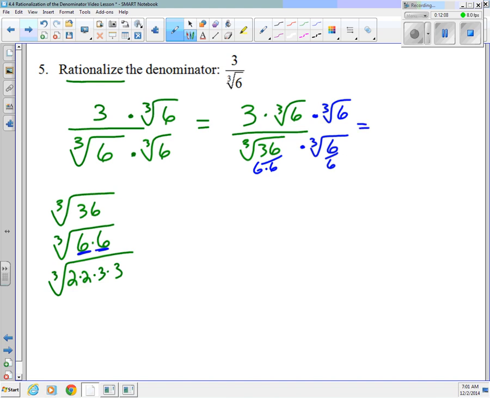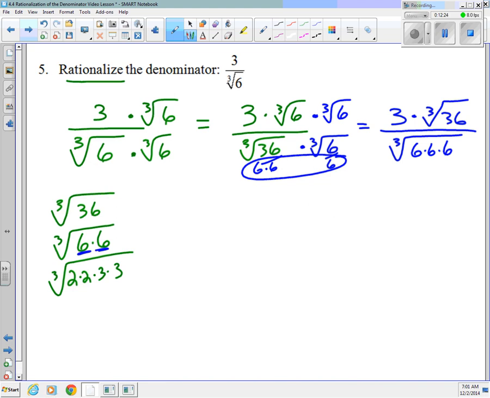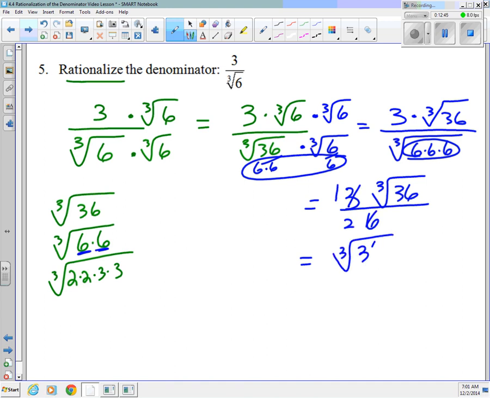So on the top here, I'll get 3 times the cube root of 36, which remember does not simplify, divided by the cube root of 216. 36 times 6 is 216. But it's really the cube root of 6 times 6 times 6. Keep that in mind. And that's very useful because now the cube root of 6 times 6 times 6 is just 6. So I have 3 times the cube root of 36 over 6. And this can simplify as well. 3 divided by 6 becomes 1/2. So I get the cube root of 36 over 2